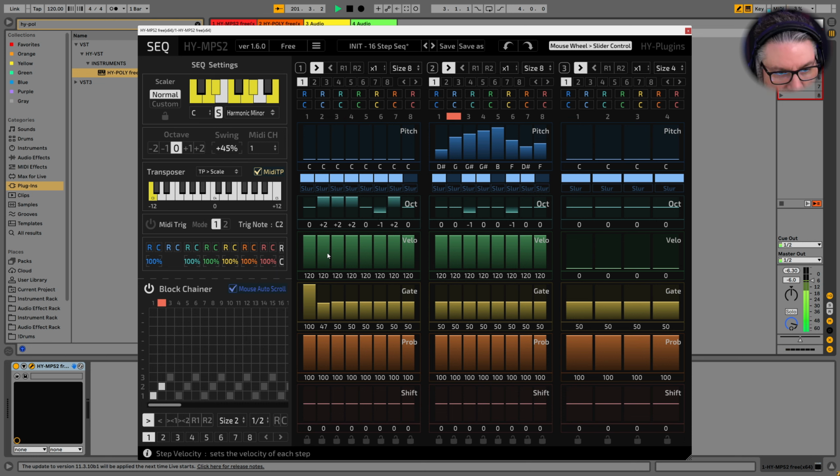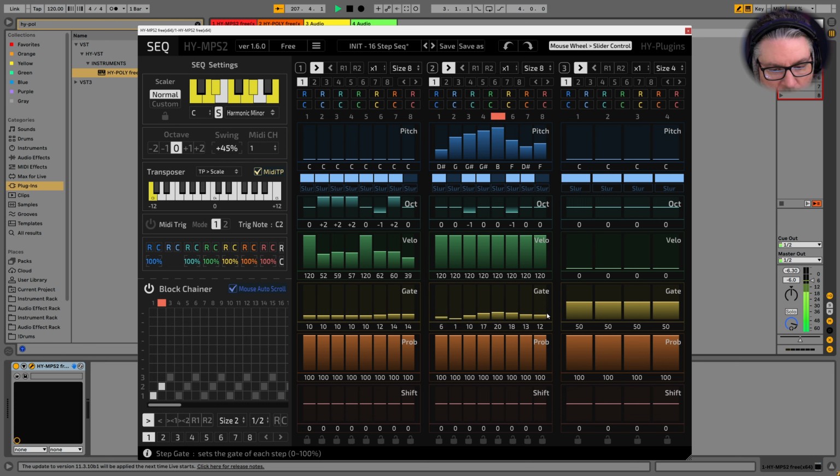Okay. That's cool. Let's randomize the shifter.